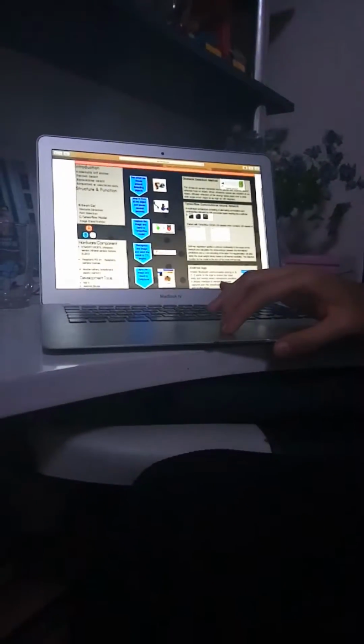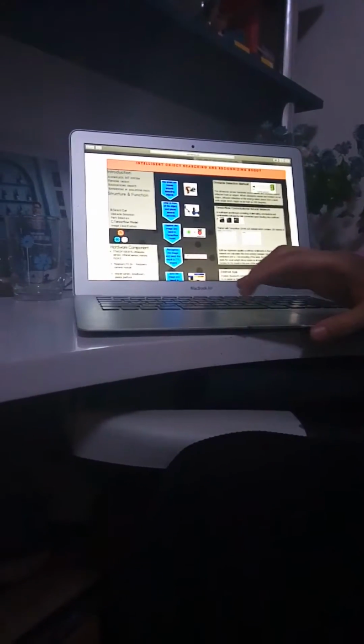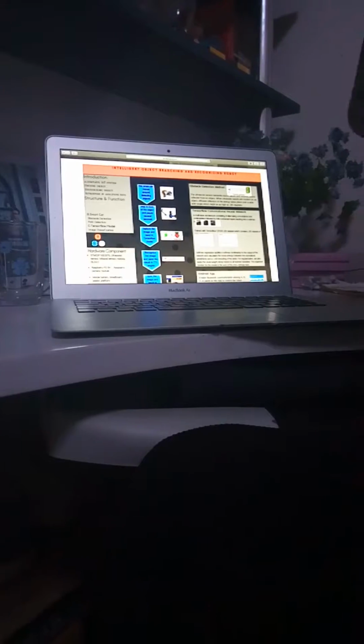This is my FYP project. In the beginning, I thought about artificial intelligence and Internet of Things, but I couldn't decide which one to choose, so I combined them. This thing here, an intelligent object searching and recognizing robot, is a combination of AI and IoT